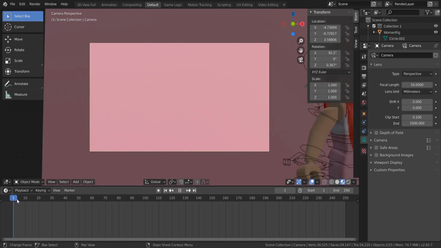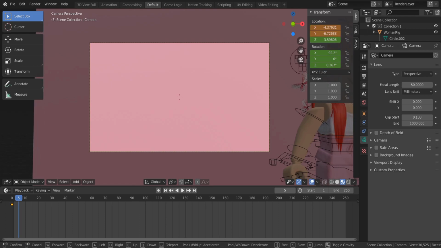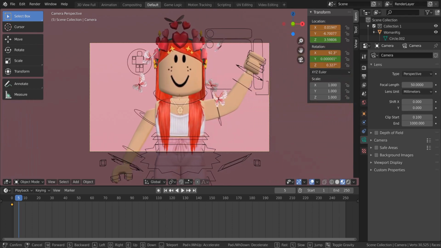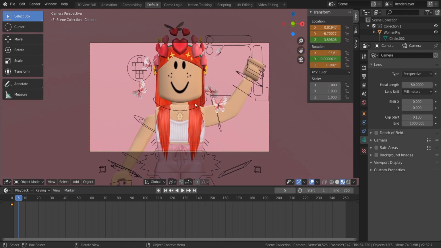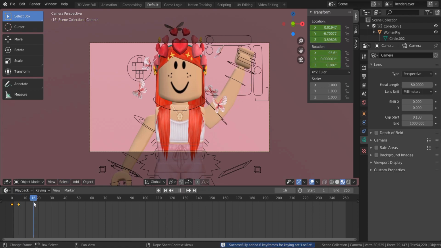And make sure you're at 0 on your timeline. Hit I to add a keyframe, and then I am going to go up to maybe frame 5, I believe, and go to our next camera position. Again, you can make it more frames or less frames depending on how fast or slow you want your animation to be. So I'm going to go over right here just like this, and when we are in our next position, hit I to add a keyframe, and then maybe at 20, I am going to make the camera go